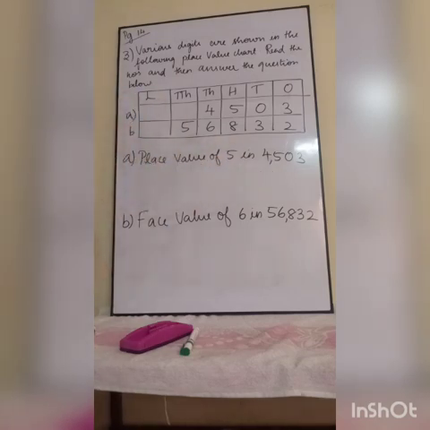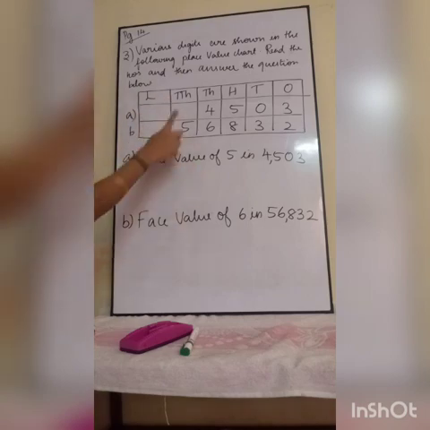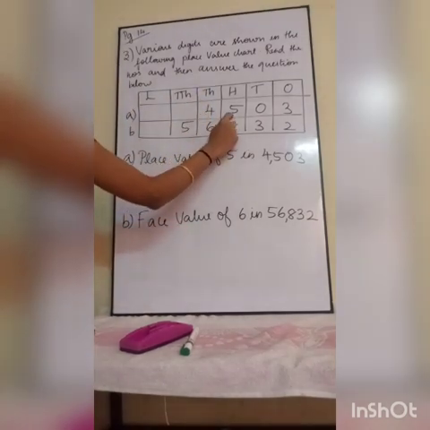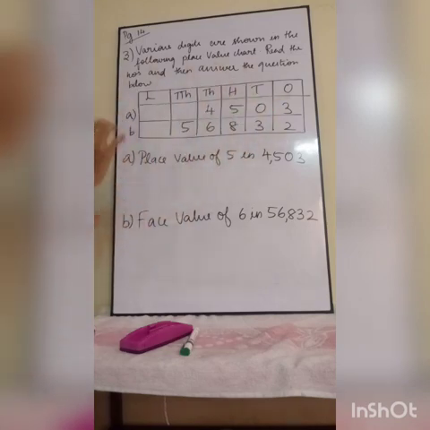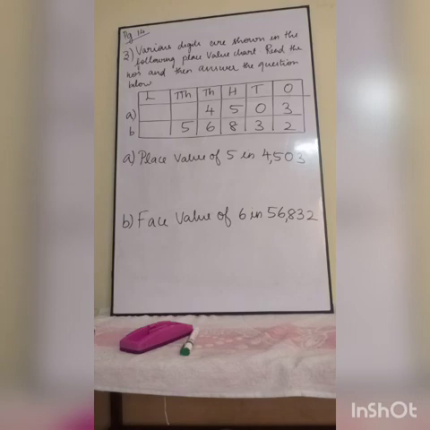So you understood that A and B I have given, and C and D are your homework. Now I will teach you A and B, and based on that you can do C and D also. See, in the lakh position no value is there, and in 10,000 no value. It starts from thousands, hundreds, tens and ones. So the answer is 4,503. That is the number name.